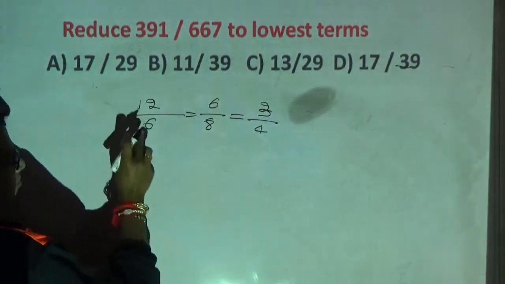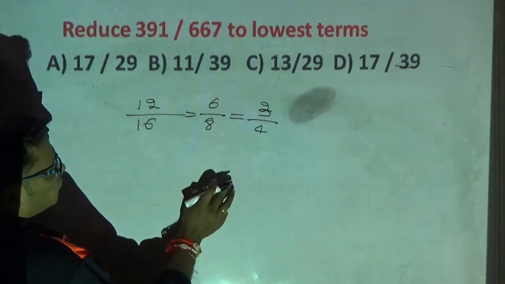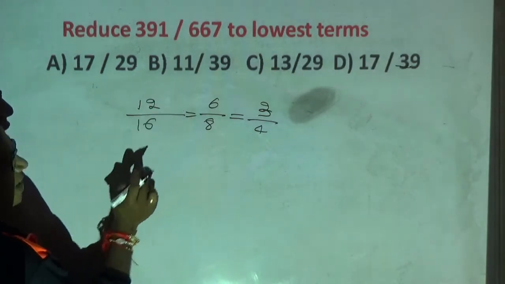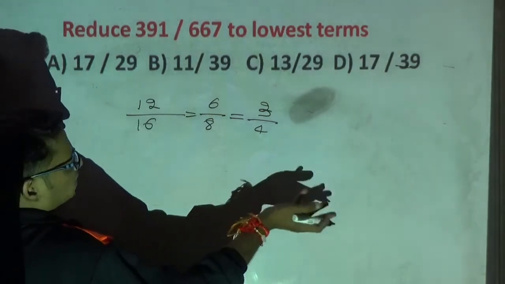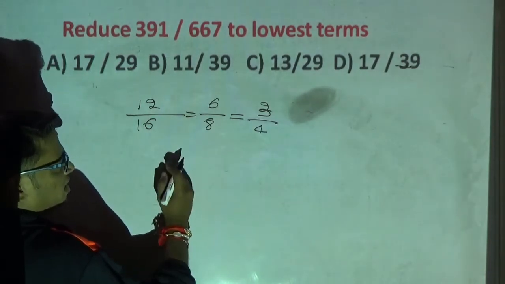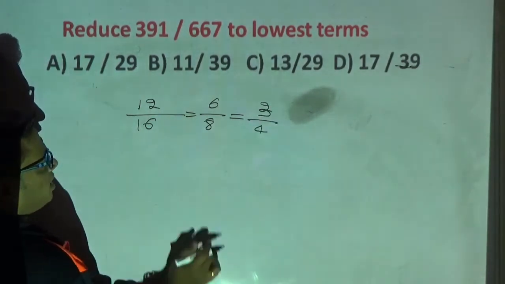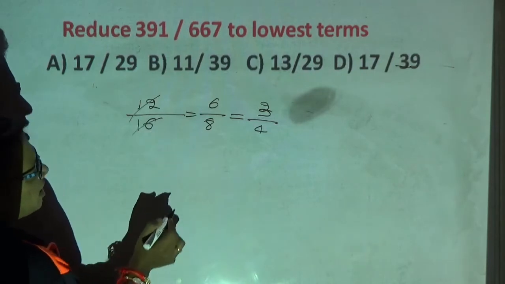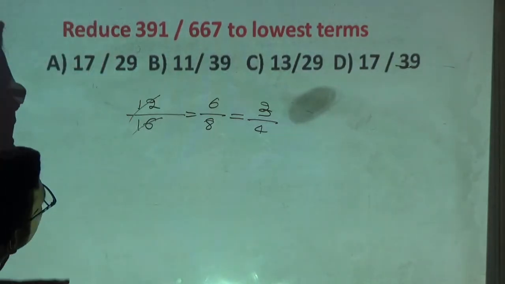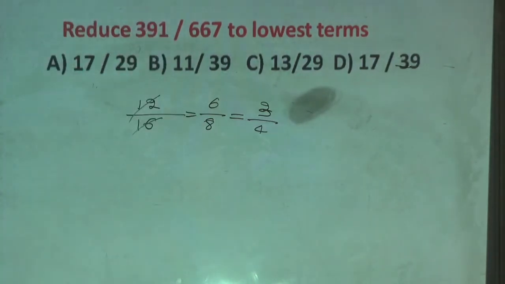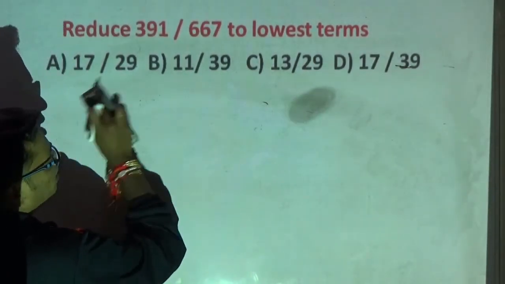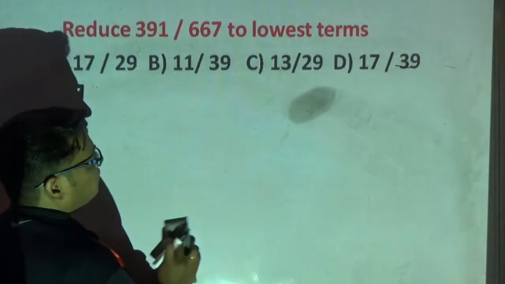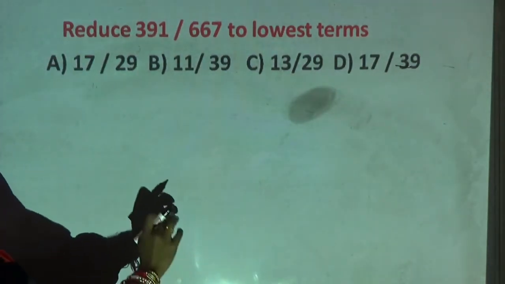Instead of dividing by 2, straight away I can divide by 4 because the HCF is 4. If you straight away divide by the HCF, there is no need to divide further because after taking HCF, the remaining two are co-prime, correct? 4 threes are 12, 4 fours are 16. So always when they ask to reduce to the simplest form, always divide by their HCF. After dividing by HCF, you need not divide again because they will be co-prime, correct?